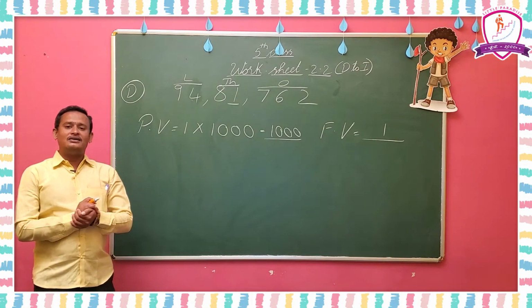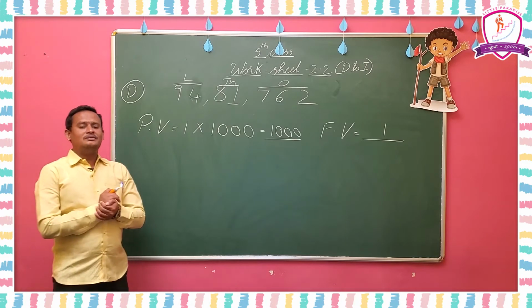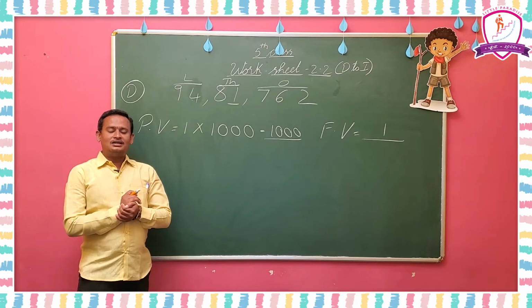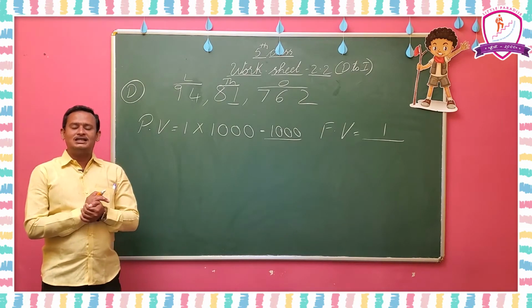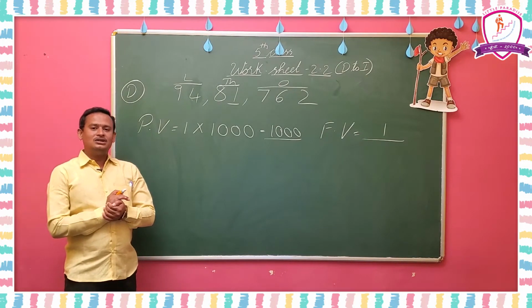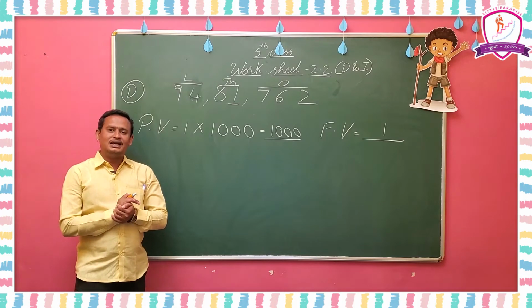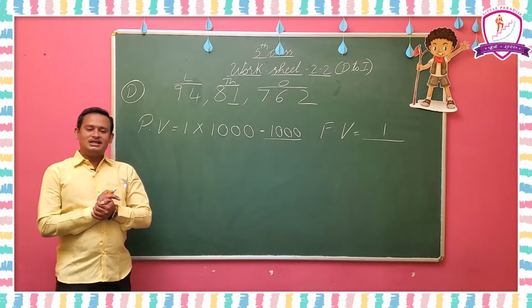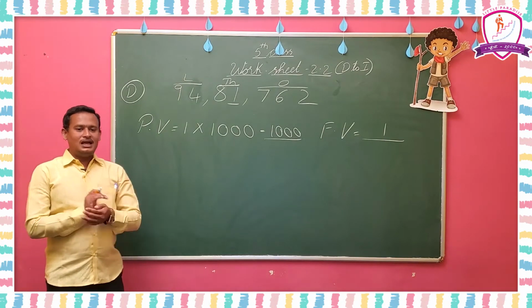But which 6 have you underlined? The 6 in the 1000 place is underlined. So to write the place value of that 6, we have to multiply the 6 with 1000. So 6 into 1000 is 6,000. The place value of the 6 is 6,000. Like that you can do that one.